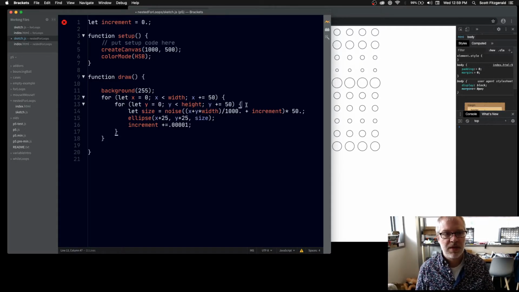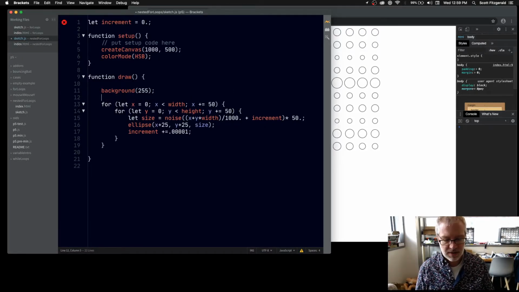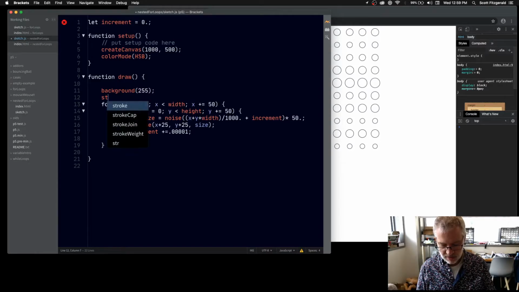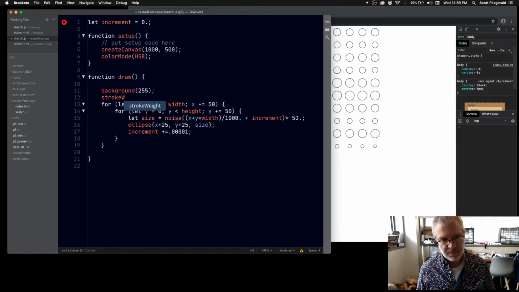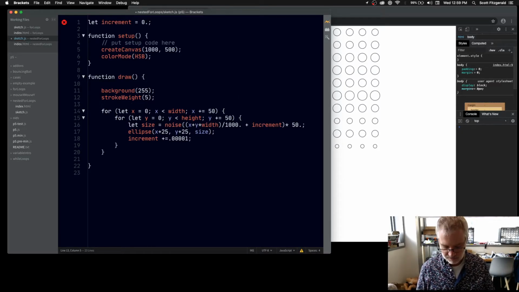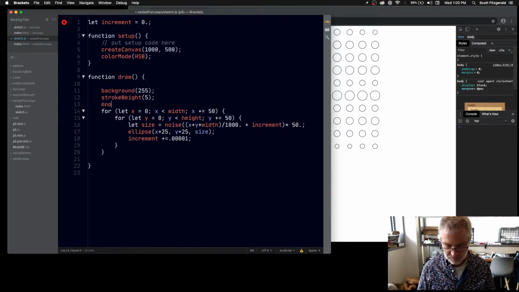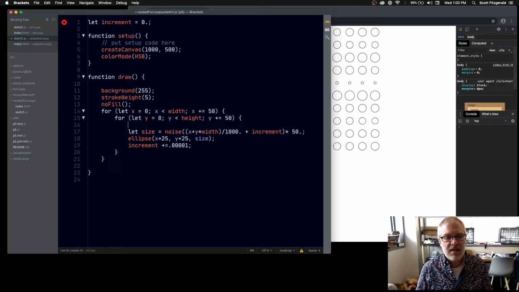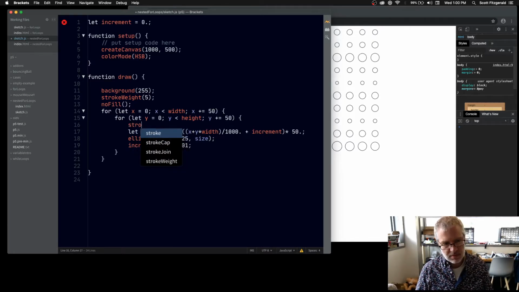And then here what we can do, we'll make the stroke a little bit heavier, stroke weight, and we'll give that 5, no fill, no fill, right? And then in here, what we'll do is we'll set the stroke color to be,